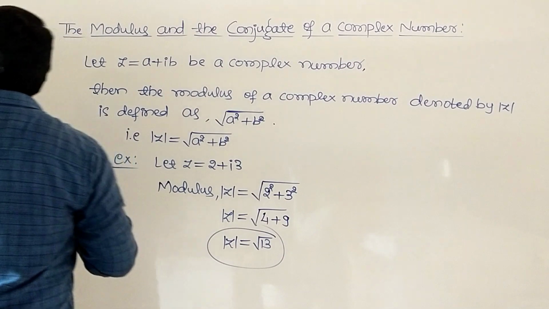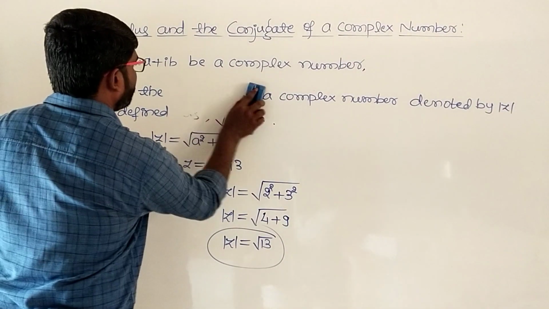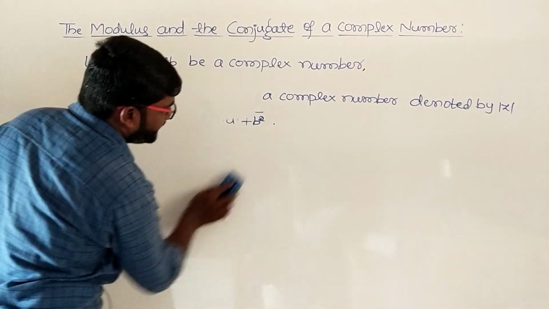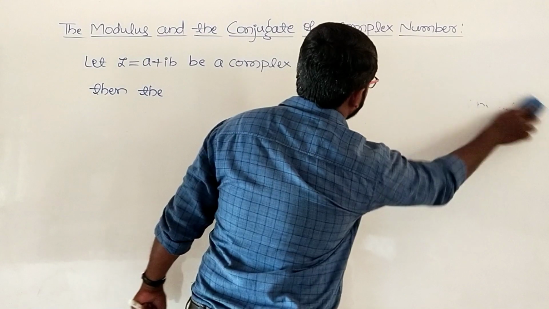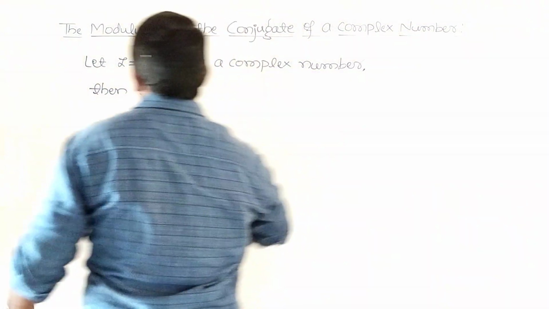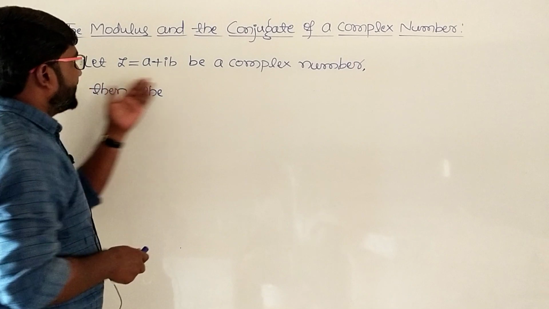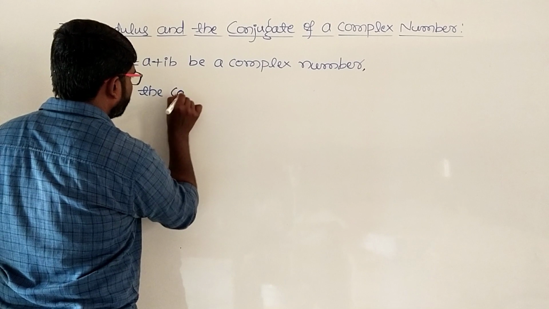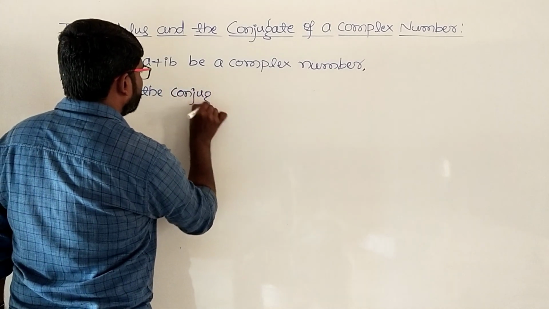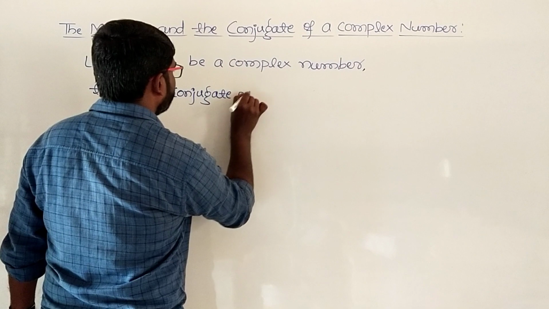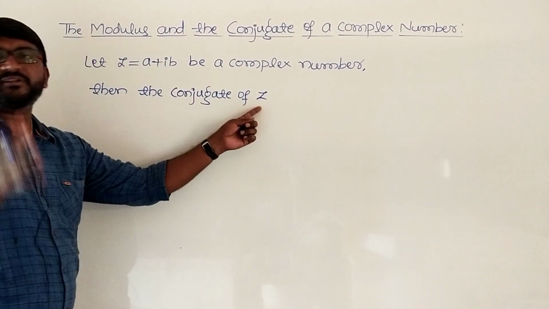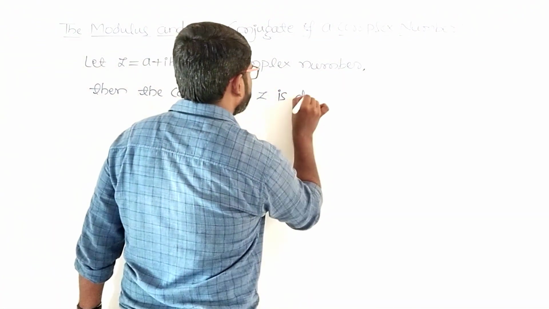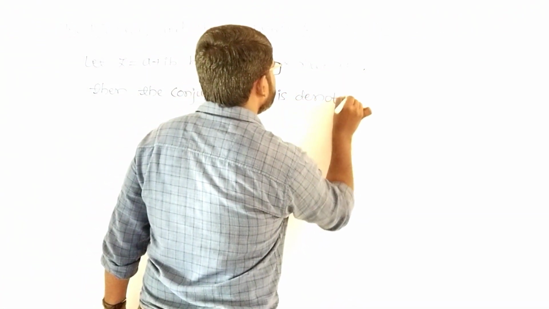So let us discuss about that now. So first we will write the general form of a conjugate of a complex number, and then we'll take a particular example. See here, let z equal to a plus ib be a complex number, then the conjugate of z is denoted by